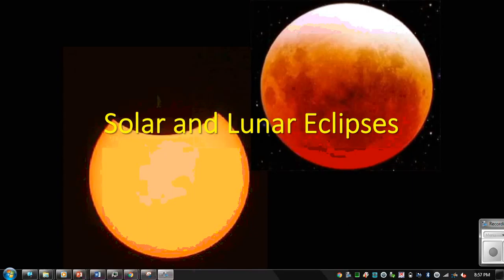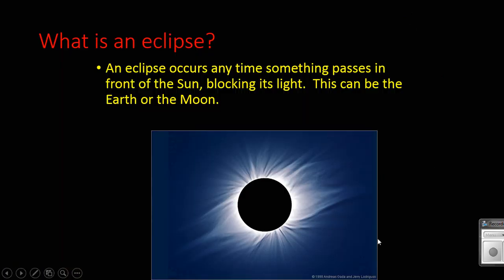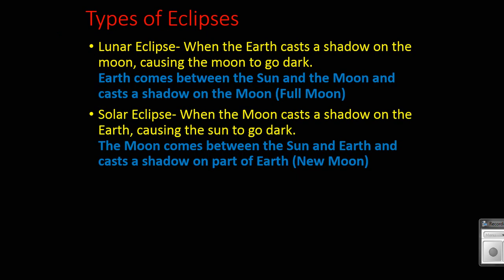Another thing that we see because of the lineup of the Earth, Moon, and Sun are solar and lunar eclipses. So an eclipse basically just means that we can't see something. If you eclipse it, you're blocking out the light of it. And so when we have a lunar eclipse, we can't see the moon. When we have a solar eclipse, we can't see the sun. So during the lunar eclipse, the Earth is casting the shadow because the Earth is in between the sun and